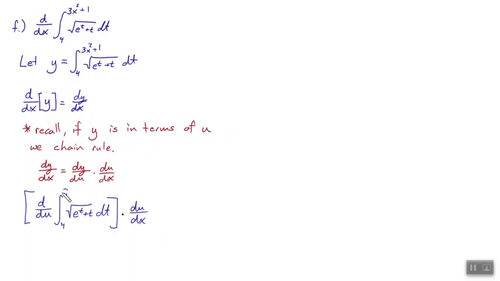Now, this thing all of a sudden looks like the regular case of that first part of the fundamental theorem. Look at the first part of the fundamental theorem. It says this specifically, though. F of x. This just becomes f of x, right? So F of u. This is going to become f of u. Everybody okay with that? Which I know is exactly just e to the u plus u, the square root of that,